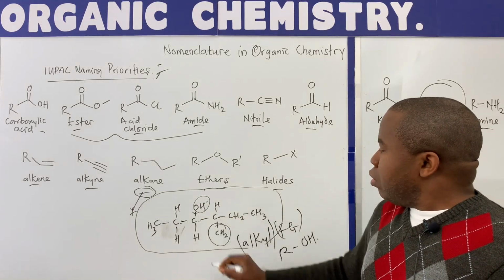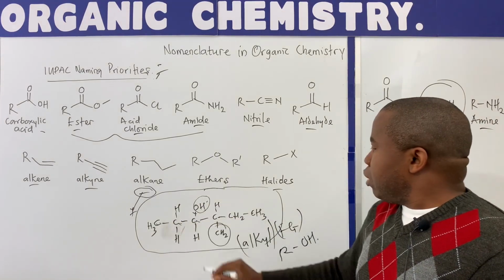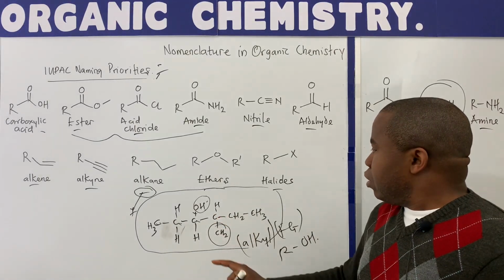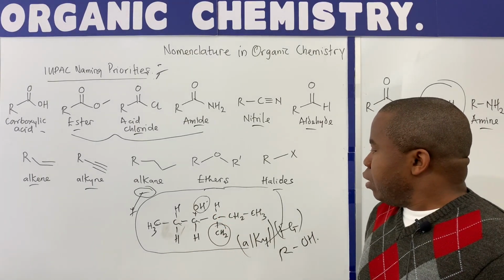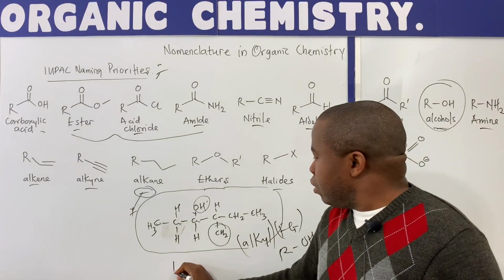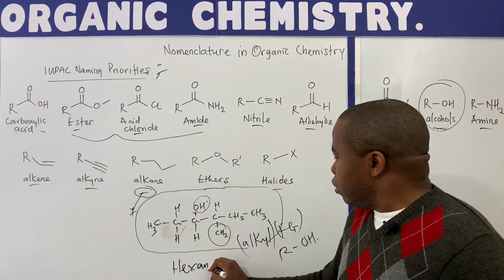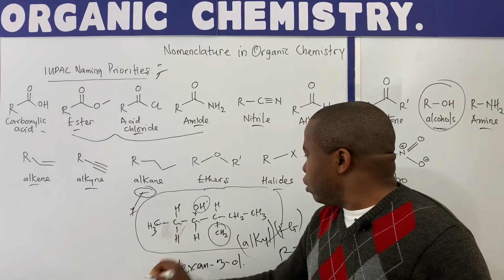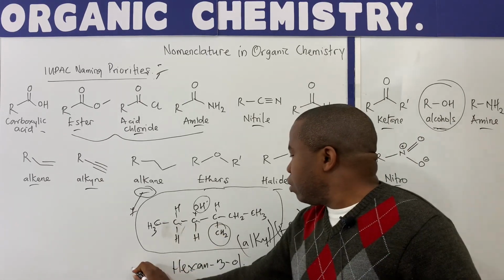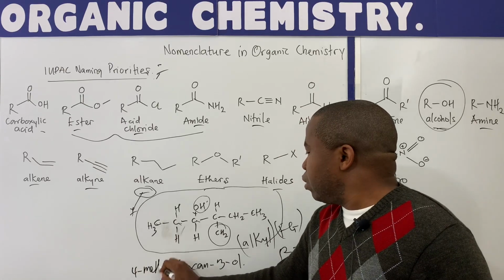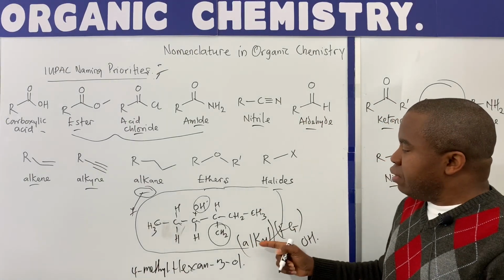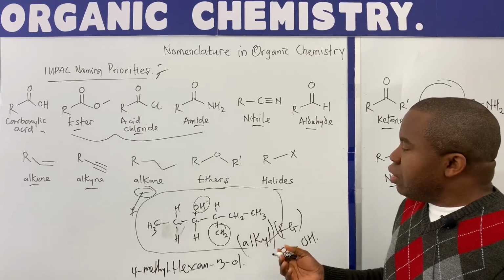So this is alcohol. So this is 1, 2, 3. So this is going to be 1, 2, 3, 4, 5, 6. So that is hexanol, and that is hexanetriol, and that is 1, 2, 3, 4, 4-methyl. So this compound is 4-methyl hexanetriol, and the reason why it is